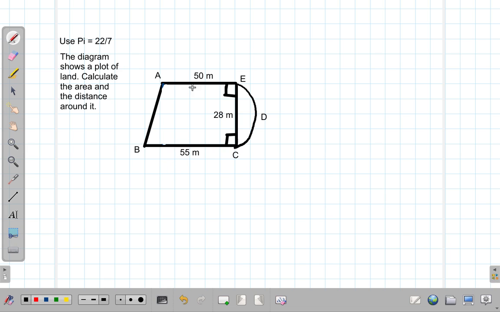What you have here, A, let me mark it out, A to B to C, E, and back to A, is a trapezium, right? What you can do is either work with the trapezium, or you could have cut it into a rectangle and a triangle. Well, let's work with the trapezium first. When it comes to a trapezium, you do have a formula that you can use to calculate the area of a trapezium, right? But